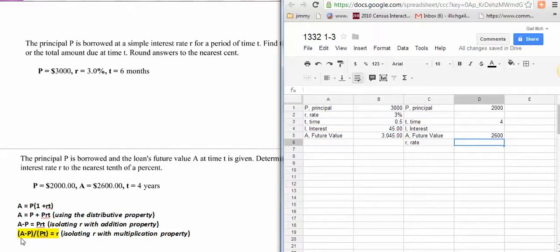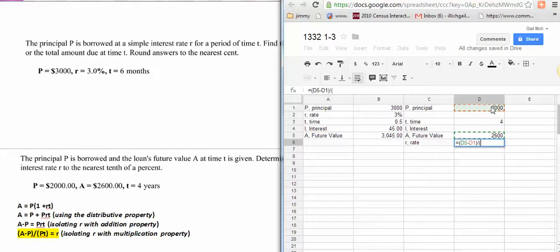You do A minus P in parentheses, you divide that by P times T, also in parentheses. So I'm doing this yellow formula that's right here. I'll come in here and do the equal sign. Where is A? A is right here, but I have to do the parenthesis first. So I'm going to do parenthesis A minus P, close parenthesis, and then divide by